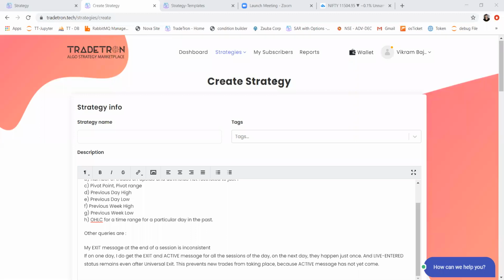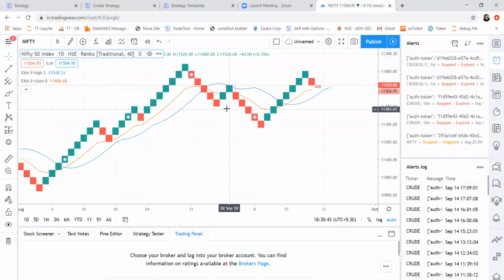So today I'm going to discuss how one can create strategies on Renko charts. Before we start, I'll quickly explain what Renko charts are. Many of you must already know what candlestick charts are, but Renko charts are not time-based charts. These are price-based charts. Why are these price-based charts? Because the number of candles in a day can be different.